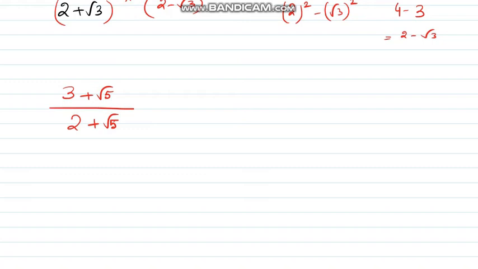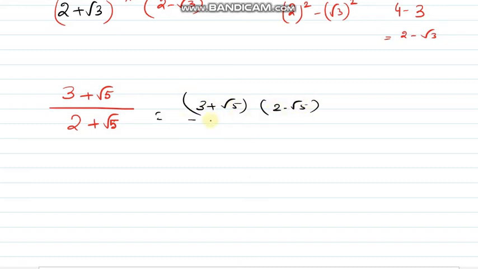So what is the rationalizing factor of 2 plus root 5? 2 minus root 5, right? So that 2 minus root 5 I am going to multiply in numerator and denominator. As I said, max 99% of the time we are going to rationalize the denominator, but later on you will get a couple of sums where you have to rationalize the numerator also.